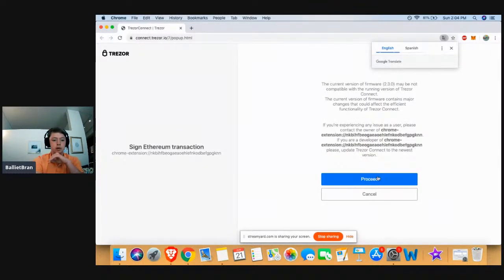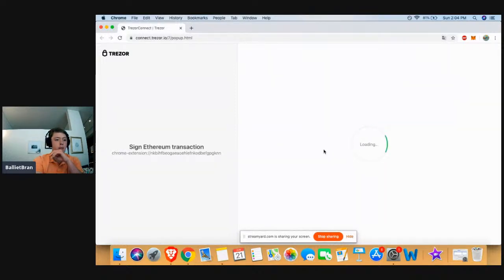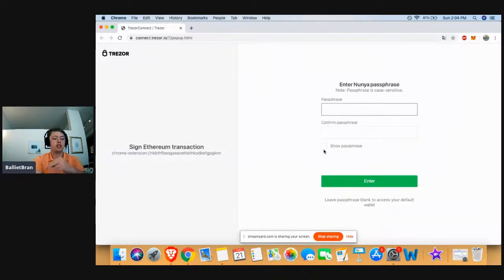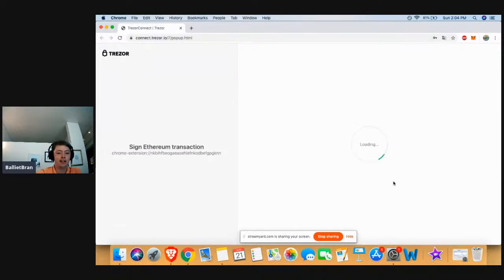Okie dokie. So pretty much, just proceed, allow once. And I like to use this on the Chrome extension just because it works better for me personally. So I'm just going to enter my password. Okay, so you can see the Nunya. Gotta love that, right? All right, so once you enter in your password, now you just got to go to